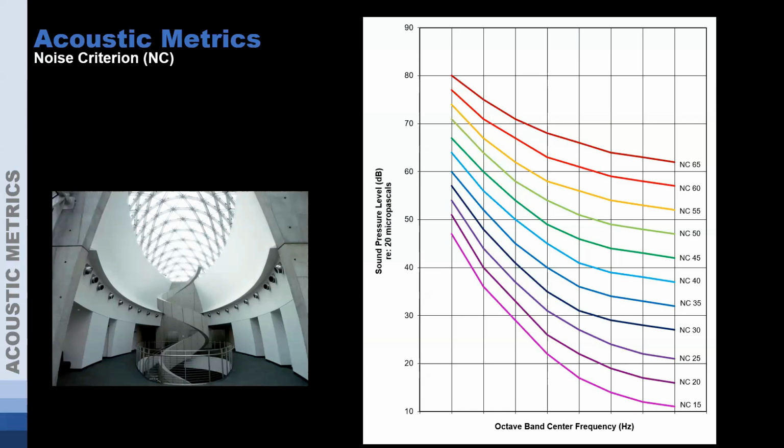But a lot of criteria out there also put in NC levels for background sound levels of mechanical equipment in a building, or background sound levels of other noise within a building. So you may have something like a hotel room or a classroom at about NC 30, whereas if you're in a performance hall, you might be NC 15 to 20, or even less in some cases. And your gymnasiums are going to allow a little bit higher levels, closer to NC 45.